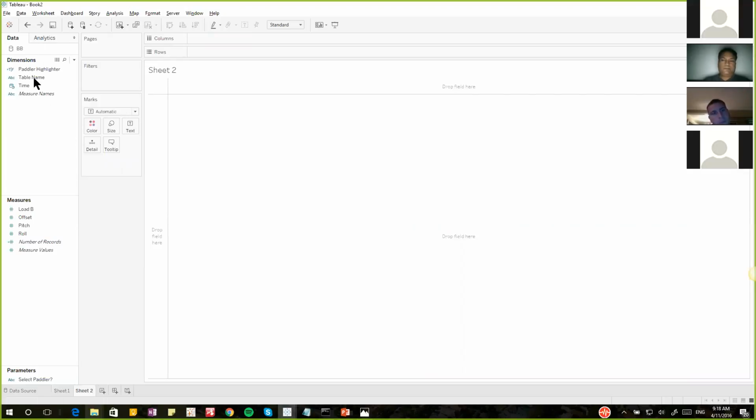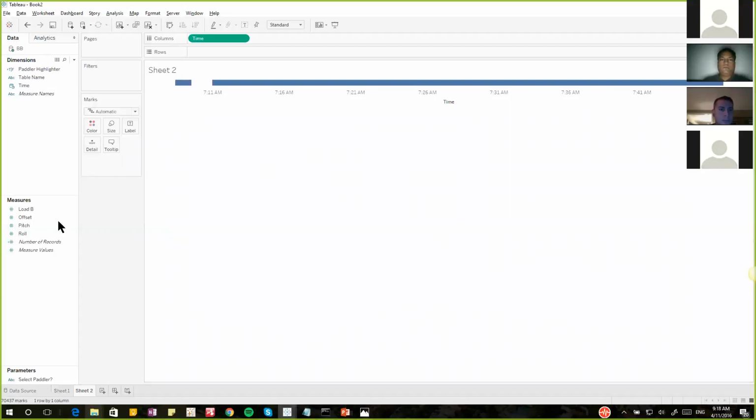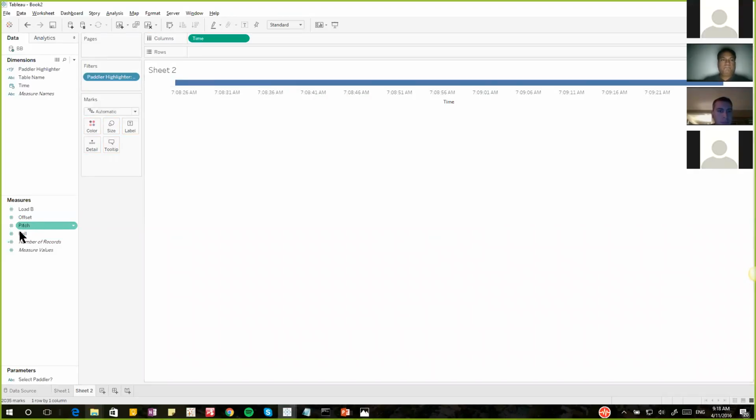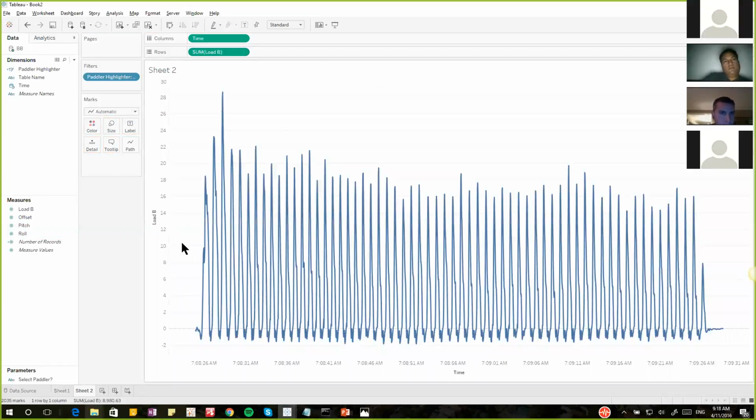So I might, for example, have time running along here. And I'll take that down to the lowest level, the exact time. And then I'll filter it this time based on the paddler. So this will just be one individual paddler. Then I can put the amount of effort that that paddler is applying. There we've got the sine wave, so to speak. It's not actually a sine wave, but there we've got the waveform of each paddler and how they're applying